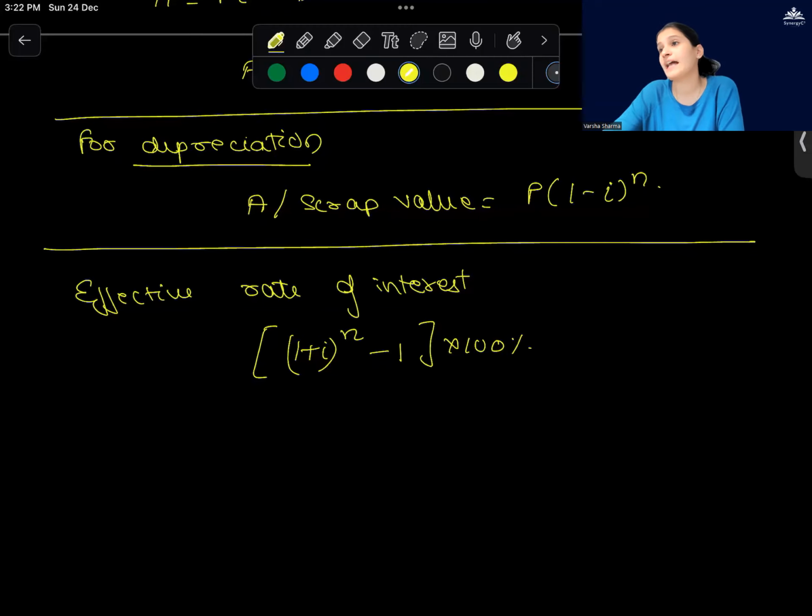So 3.8% half yearly is equivalent to how much? So 3.8 will be divided by 2. 1.9% for one interest duration. Divided by 100 plus 1 is my compounding value. 1.019. Yes? Everyone got it? The entire yearly rate is 3.8. But since I'm calculating it half yearly, I'm going to divide it by 2 for one half yearly period. 1.9. Then I'm going to divide. This is my rate.